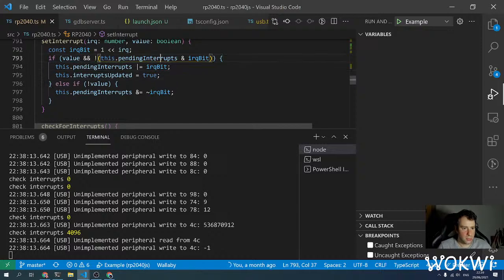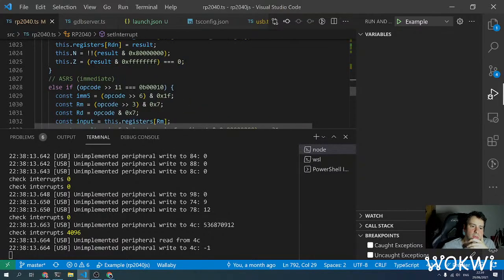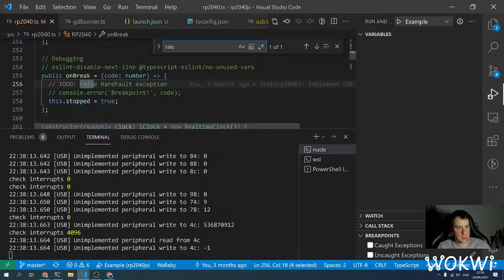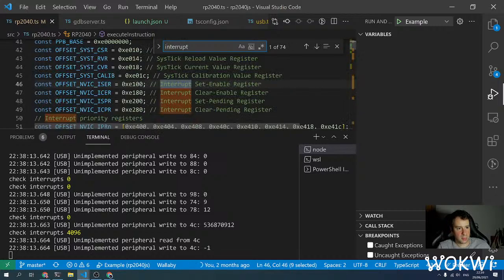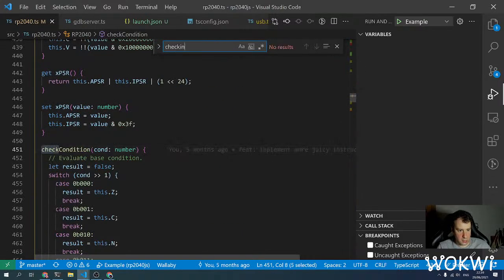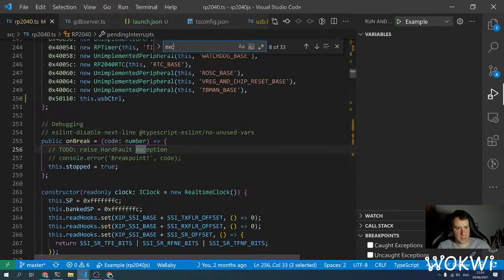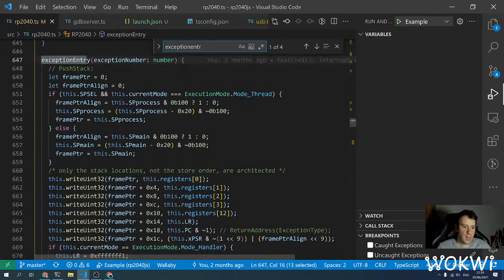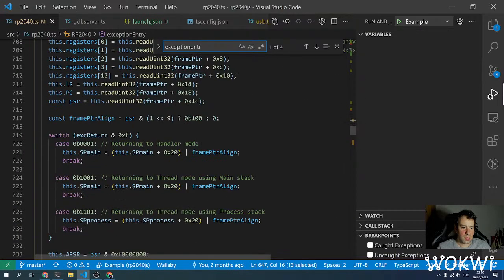Let's just, you know, to be sure. And then it will have pending interrupts, and it should probably raise an interrupt. Raise interrupts updated. Exception entry. Yeah, and then we can probably